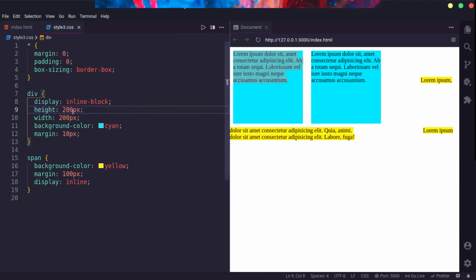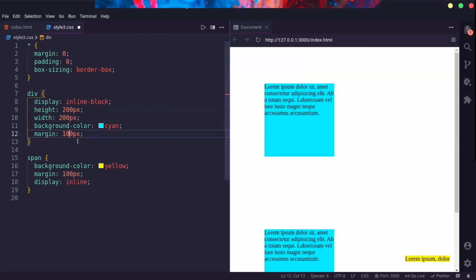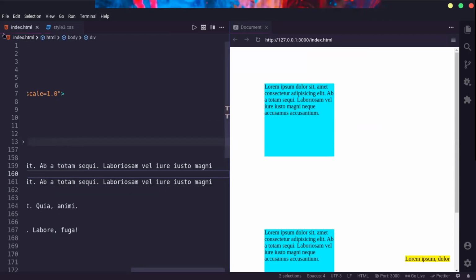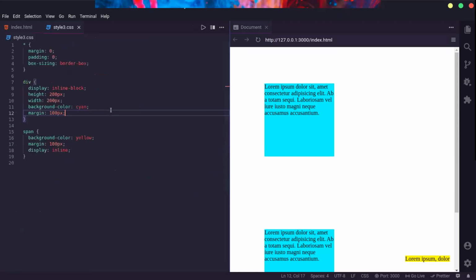And the property from block is that it works with the margin. So now you can see that the top and bottom margin is also there. Now you know when to use inline-block. Okay, so that's it for display. Now, any questions?